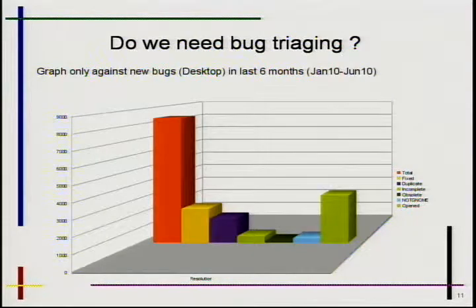If you see the status of fixed, around 2,200 bugs are fixed. If we leave the fixed bugs, there are bugs which are marked as duplicate, and that count is around 1,500. Then there are bugs which are incomplete or not GNOME. After all this processing, we still have more than 3,000 bugs which are open. So in the last 6 months, there are so many bugs which GNOME Bugzilla got.